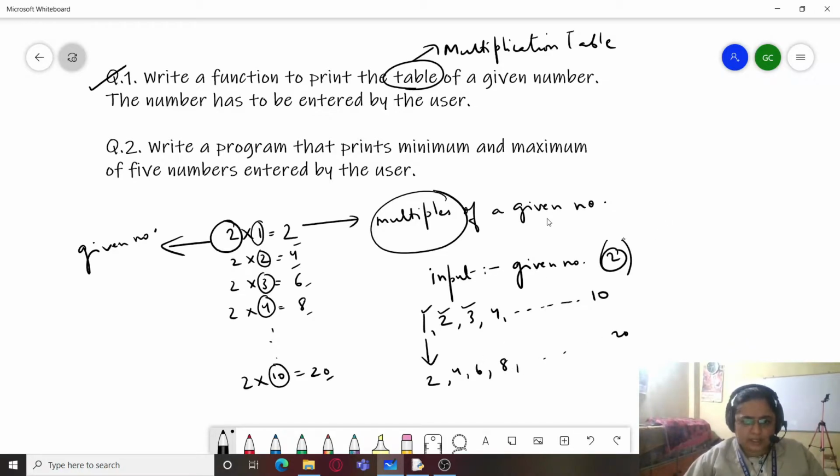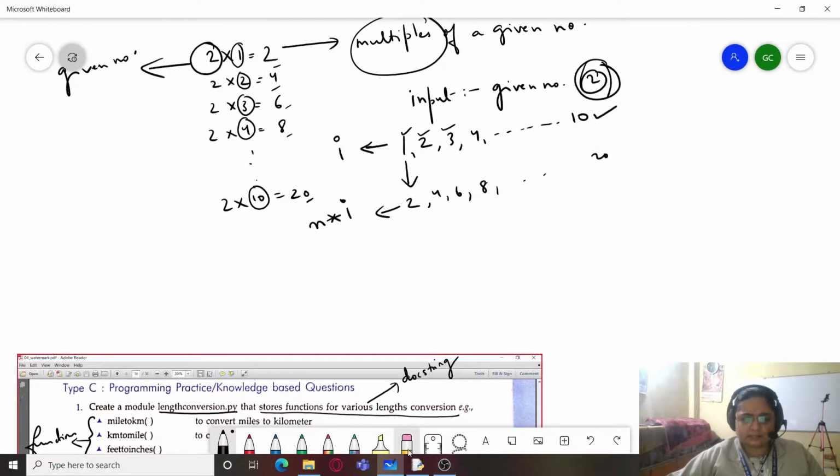So here we need to ask for a value from the user. Then we need a loop control variable which will keep a track of all these changing numbers, and we will finally be multiplying that number with this I, that is loop control variable, to generate the multiples. So let us check out the logic.